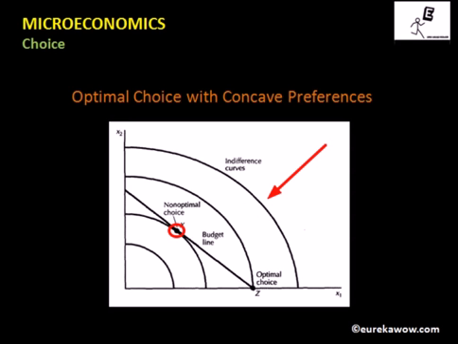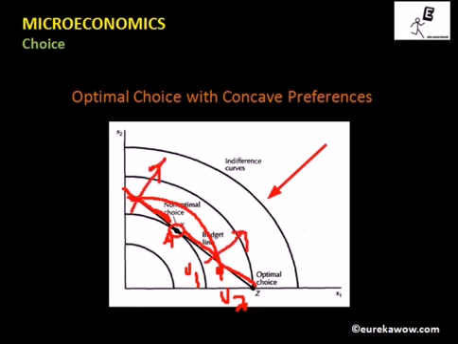But in this case, this is not so, because the preferences are not convex, they are concave. And as you can clearly see, if we label this point as point A and this indifference curve as U1, then there is an indifference curve U2, which provides higher utility to the consumer as compared to indifference curve U1, and there are points on this indifference curve which are affordable. Basically, there is a portion of the budget line, as you can see, this portion and this portion, which are lying to the right of the indifference curve U1.